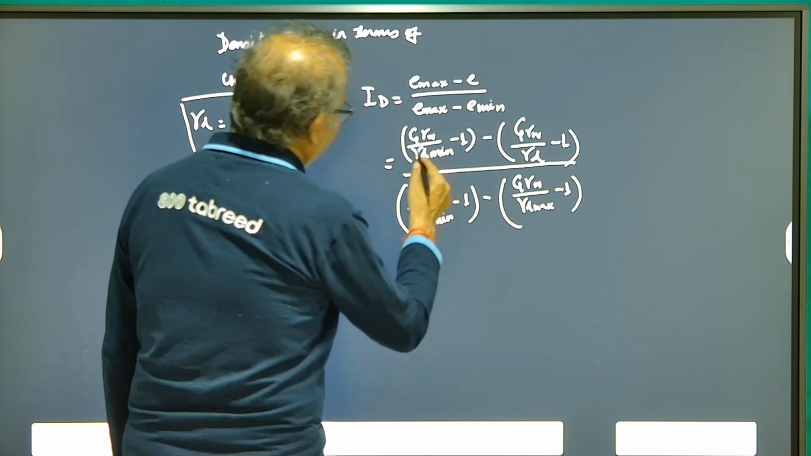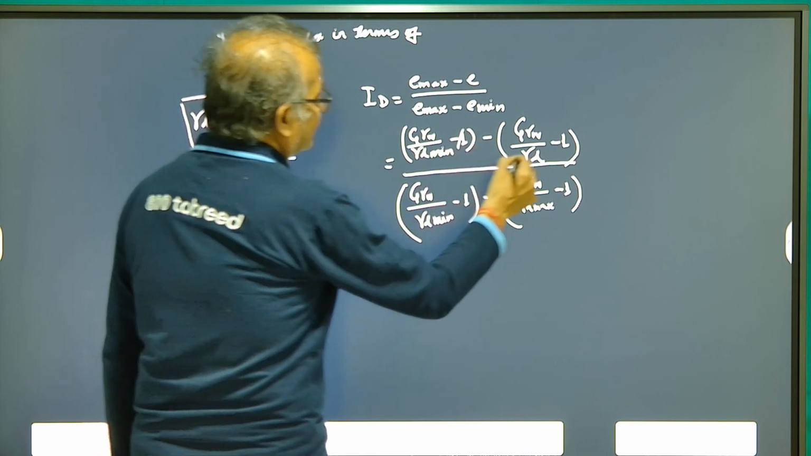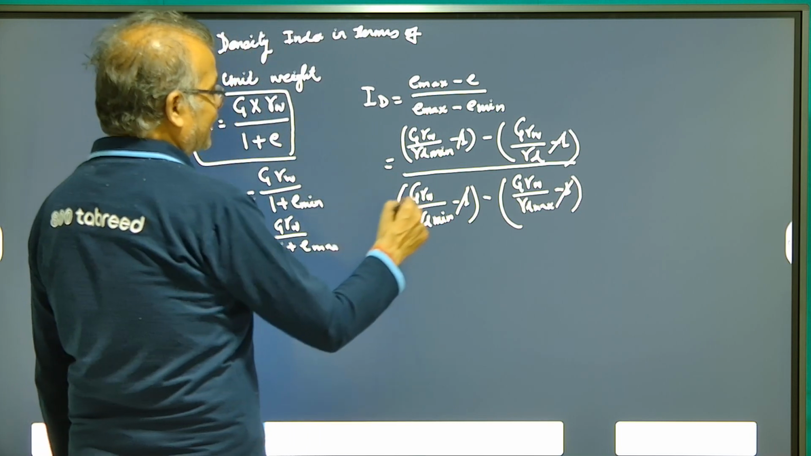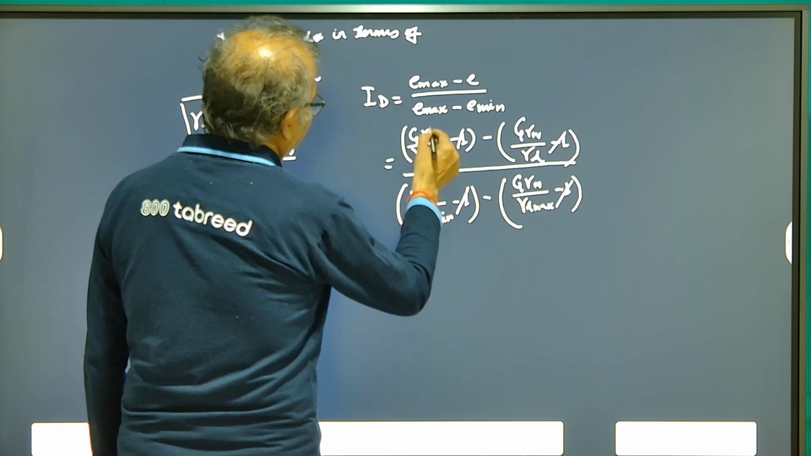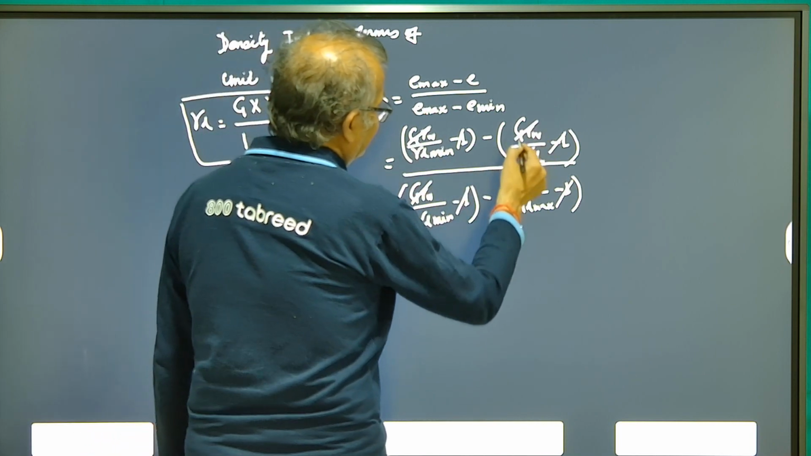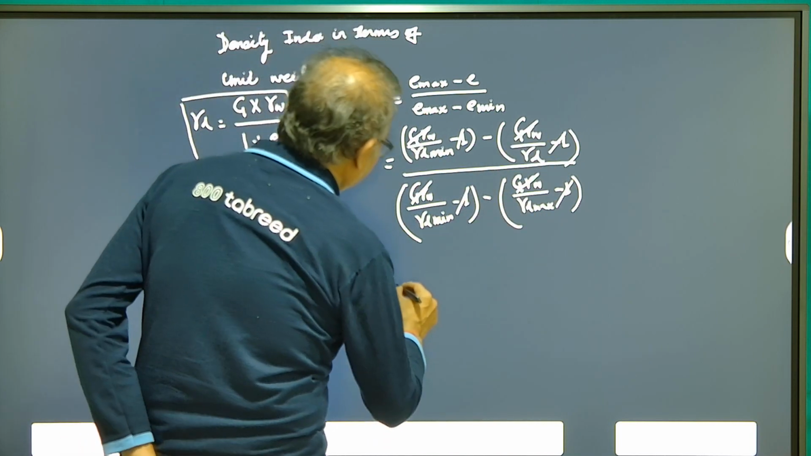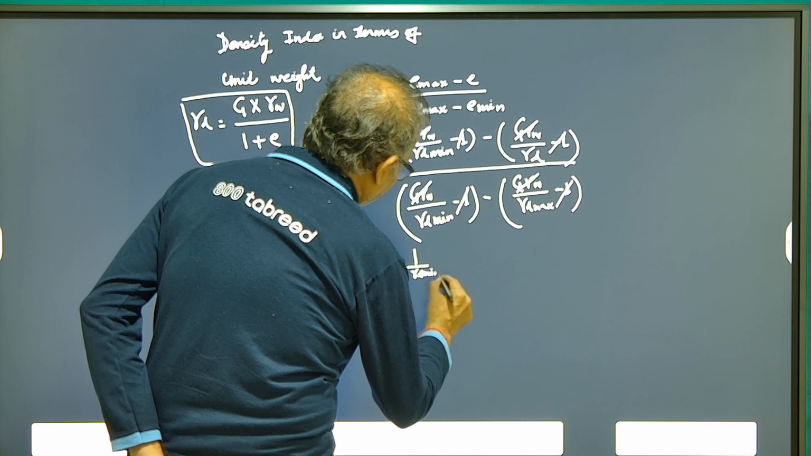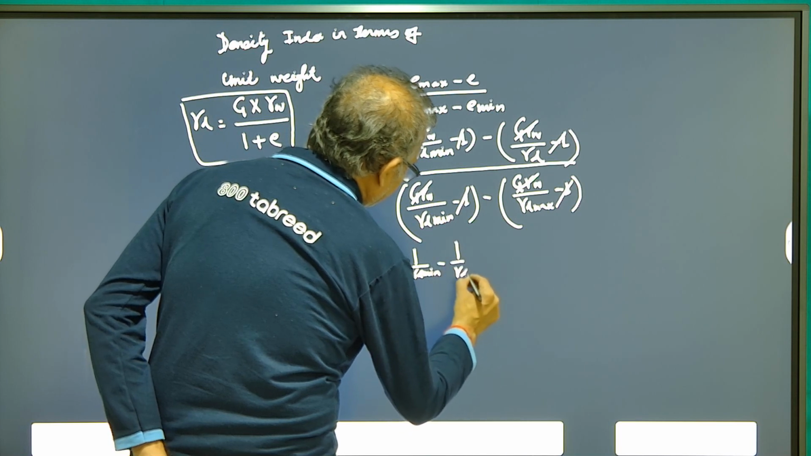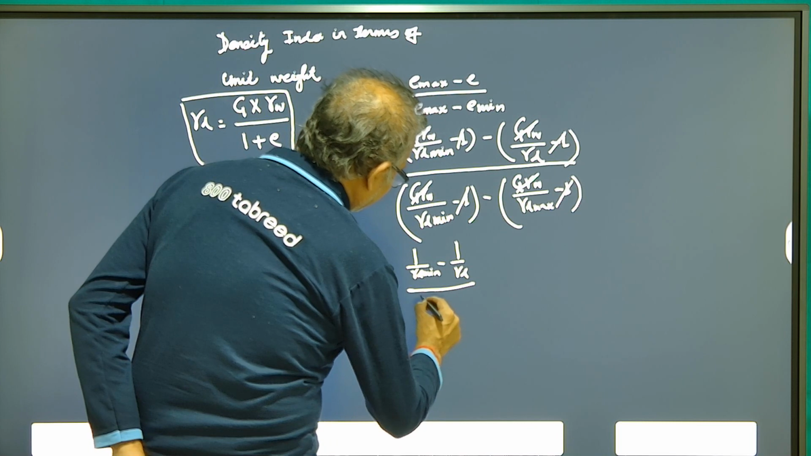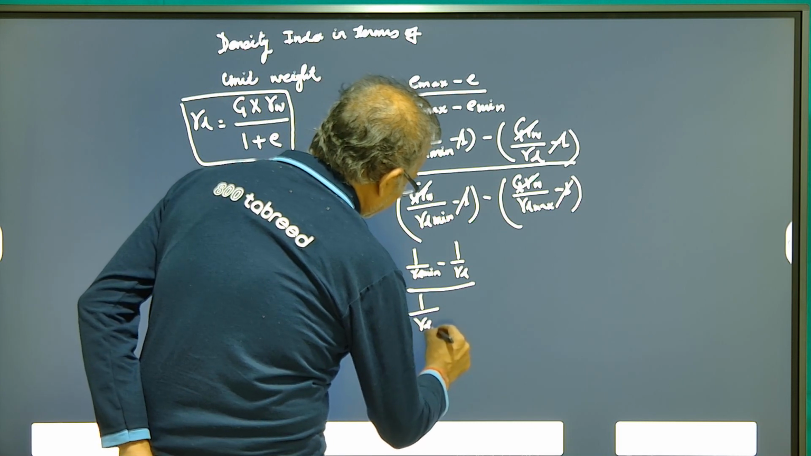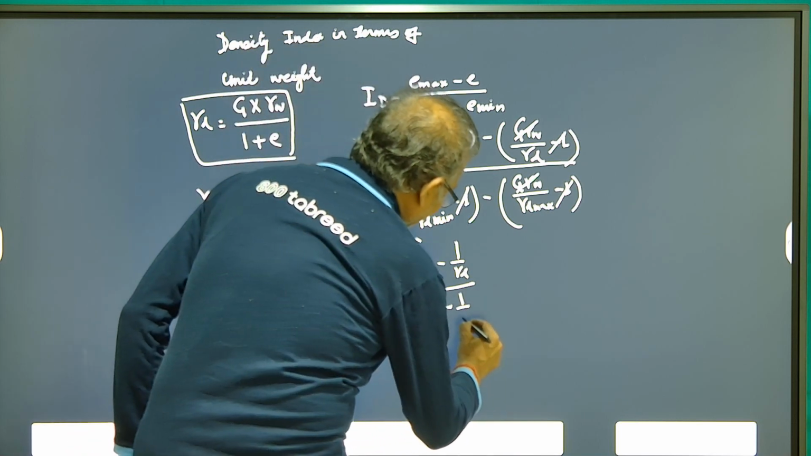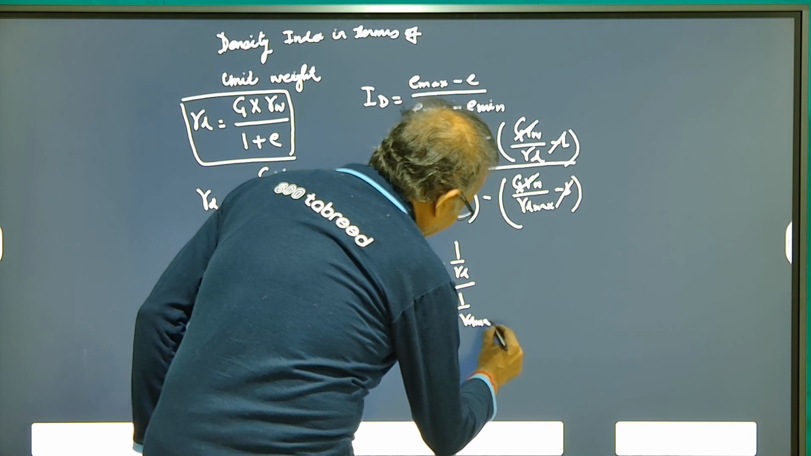Now the minus 1 terms will get cancelled. Taking G gamma W in common, G gamma W will get cancelled. So what remains will be 1 upon gamma D minimum minus 1 by gamma D, upon 1 by gamma D minimum minus 1 by gamma D maximum. Solving this,